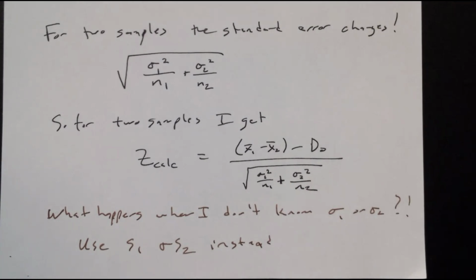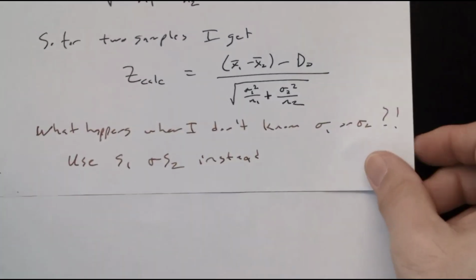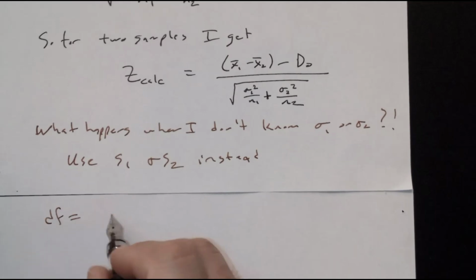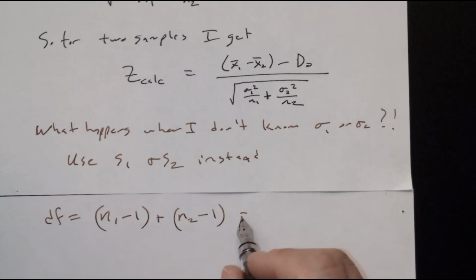And if I'm going to use T, what else do I need? I need my degrees of freedom. But I've got two groups. So how do I figure my degrees of freedom when I've got two groups? But n is itself n1 and n2, right? So if I decide I'm going to use the degrees of freedom as n1 minus 1 plus n2 minus 1, which is exactly what you're telling me,